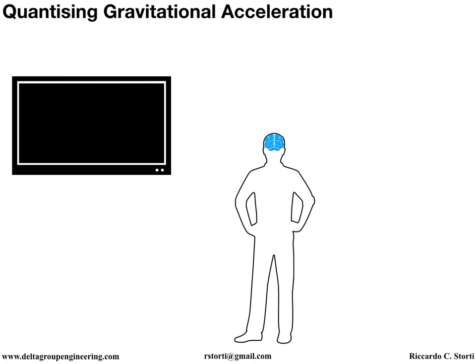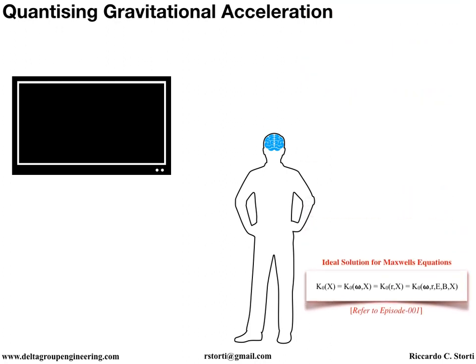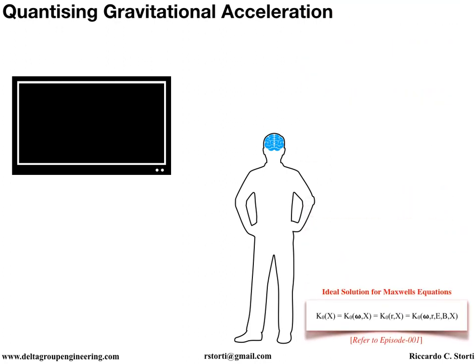In episode 1, we established a relationship between electromagnetism and gravitational acceleration, utilizing the Buckingham pi method. Specifically, we found the ideal solution for any transverse electromagnetic plane wave, in the context of Maxwell's equations. This means that a classical transverse electromagnetic plane wave can mimic gravitational acceleration, without any relationship to the Lorentz force, if, and only if, it possesses sufficient amplitude and frequency. This conclusion is standard general relativity.